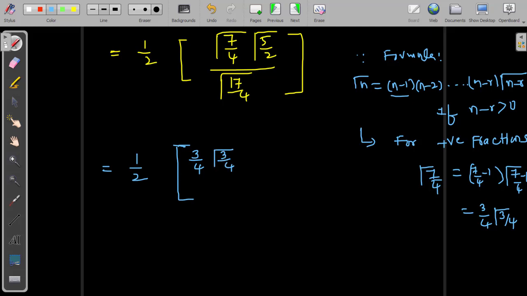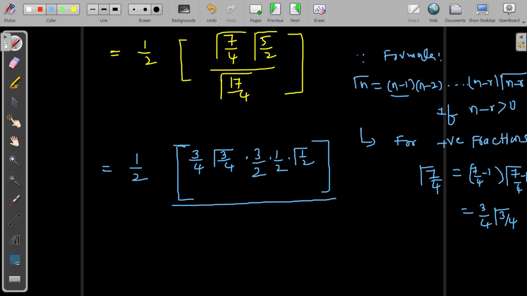After that, I can put gamma 5 by 2. How do you write 5 by 2 minus 1? Very simple, 3 by 2. Again 3 by 2 minus 1, successively you can subtract; 3 by 2 minus 1 is half. Right after half, put gamma half. Similarly, here right after 3 by 4, we were getting a negative result, so right after 3 by 4, gamma 3 by 4. Here right after half, gamma half. Numerator finished.